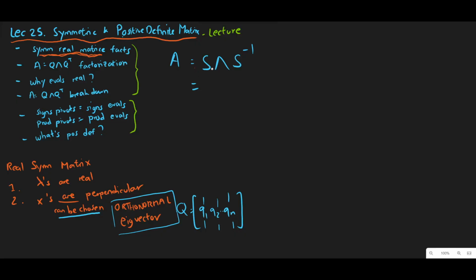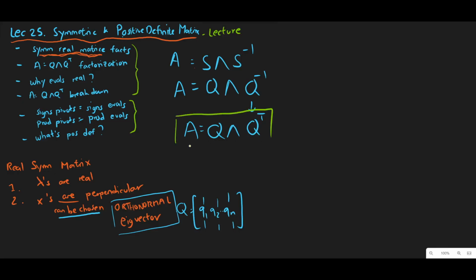So here we can convert S into Q, because our eigenvectors are now orthonormal, and this stays, and this one also becomes Q to the minus 1 because it's the inverse. But another property of an orthogonal matrix with orthonormal basis, of course, is that Q transpose equals Q inverse. So we have a new factorization, which is this, and this is really used. This one is really powerful, and this is called the spectral theorem,